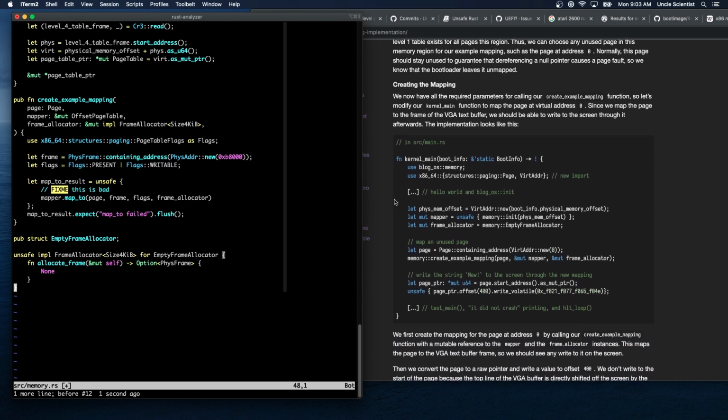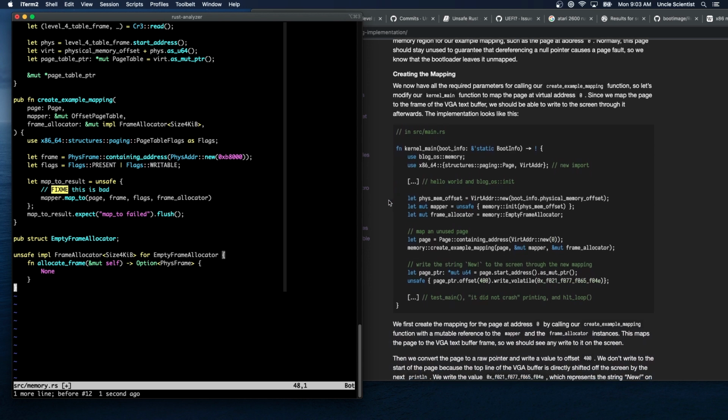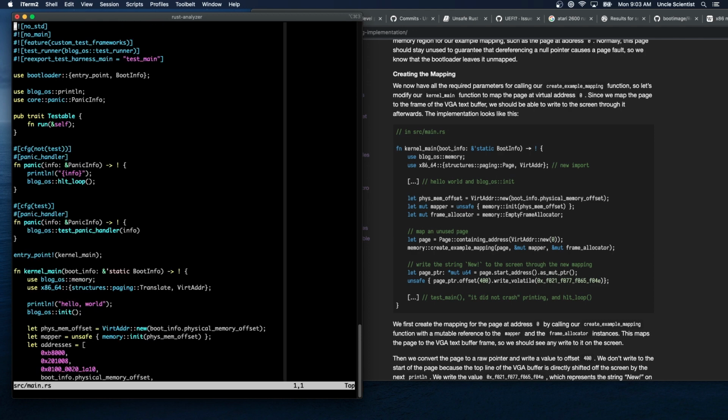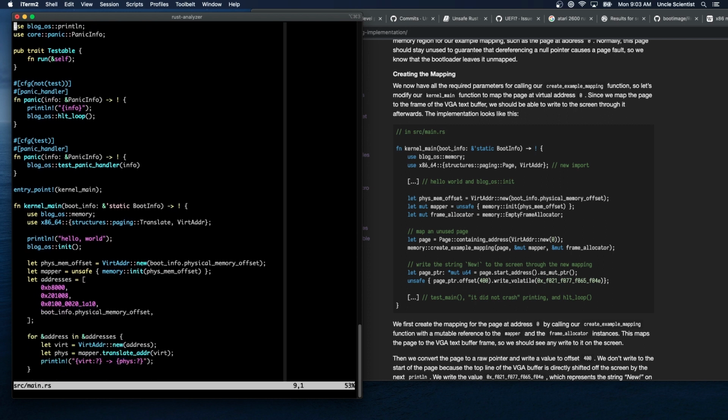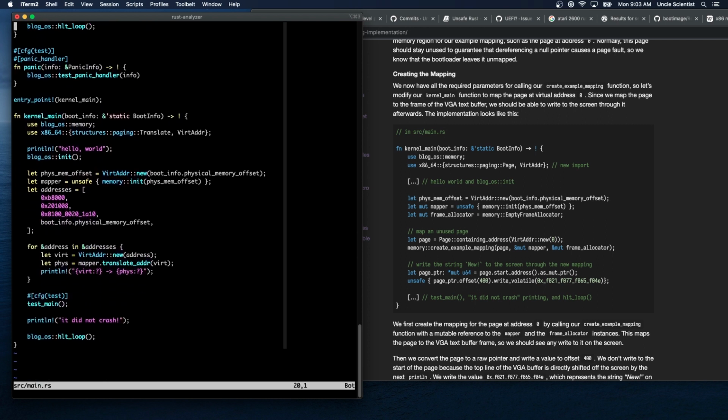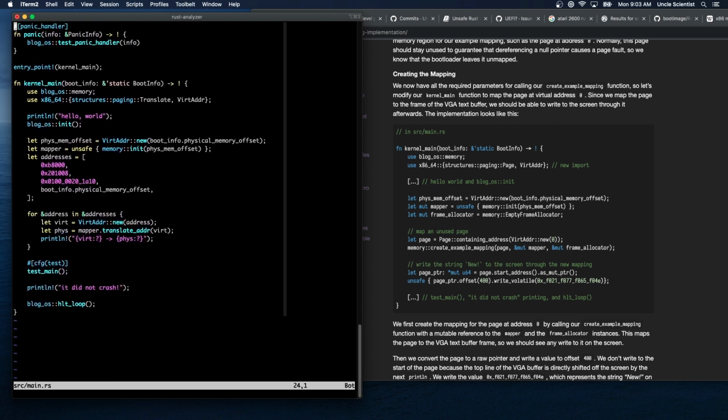Okay, we now have all the required parameters for calling our create example mapping function, so let's modify our kernel main to map the page at address 0. Since we map the page to the frame of the VGA text buffer, we should be able to write to the screen through it afterwards. All right, so I guess we're getting rid of these here. We still have the mapper,